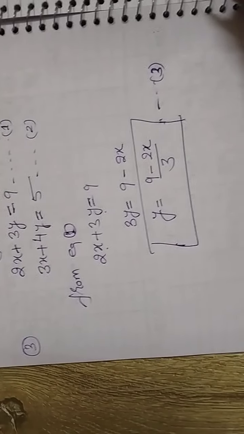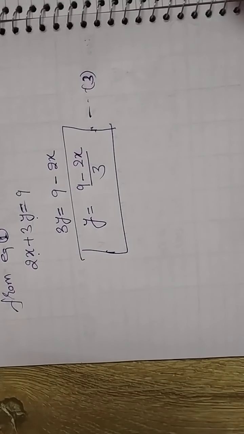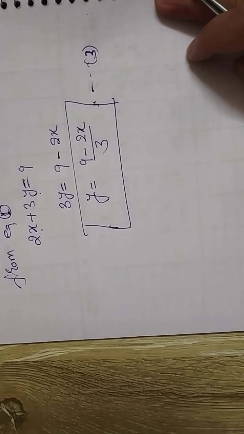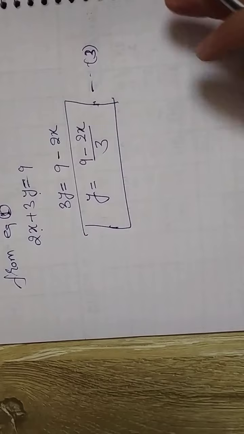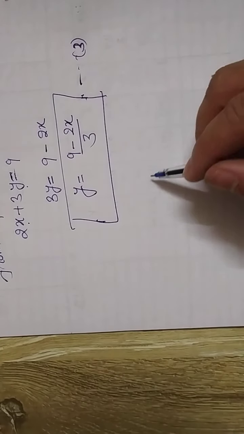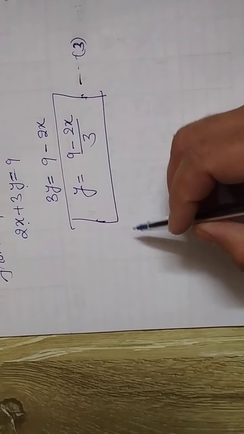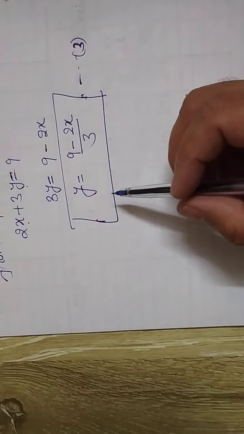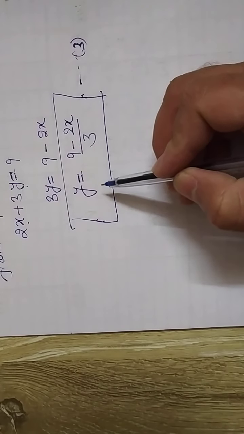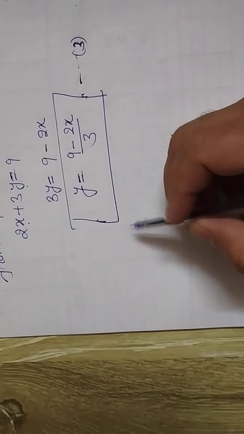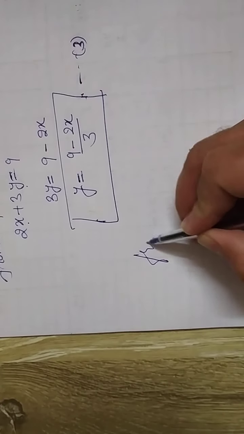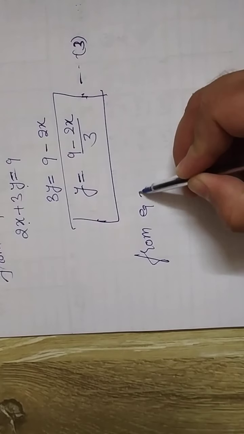In some ways this video will be helpful for you in the writing way also, how to write in the examination to get maximum marks in a clear way. So you have to follow this way of writing in the examination also. So I took the first equation. If we take the value of any variable from the first equation, we cannot put the value in the same equation. So we have to put the value of the variable in the other equation.